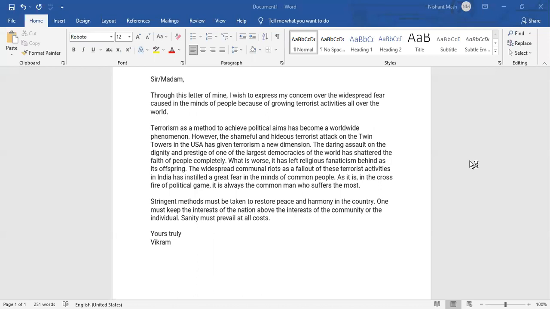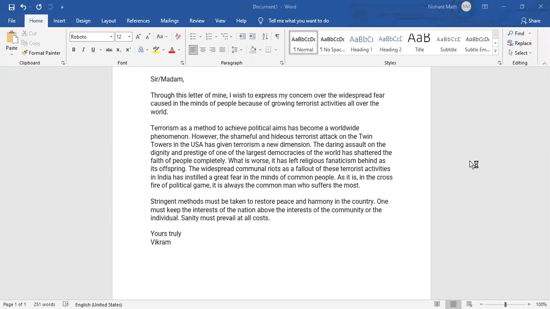Because there are certain words which are ruling the whole letter. Yes or no? The whole letter has many words which are not commonly used. But still, how the implication goes, that is mattering. What is worse? Worse, you understand, it has left religious fanaticism. Fanaticism means fantasies. Religious, because these terrorists are coming from basically those community people who believe Islam, and Islam is